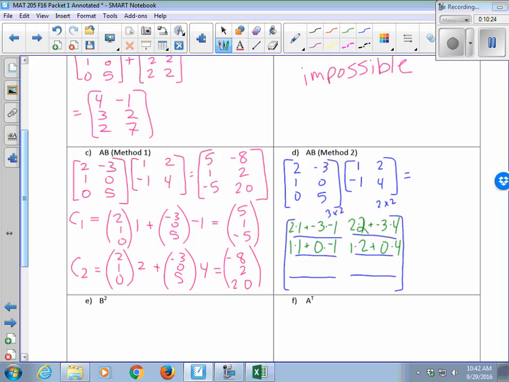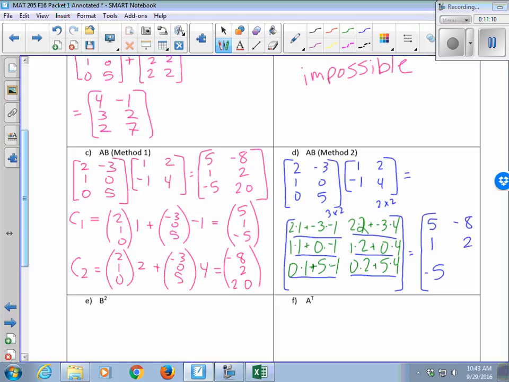And then you move to the third row, and you do the third row of matrix A times each column of matrix B. So 0 times 1 plus 5 times negative 1, and then 0 times 2 plus 5 times 4, and then we do all the arithmetic, and our final result should be the same as what we got over here. So this is 2 plus 3 is 5, 1 plus 0 is 1, 0 plus negative 5, and then 4 plus negative 12 is negative 8,